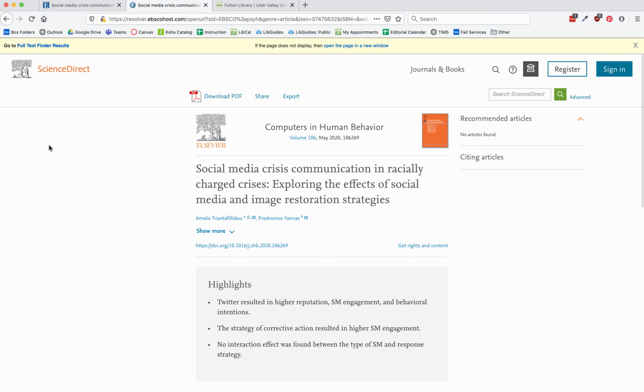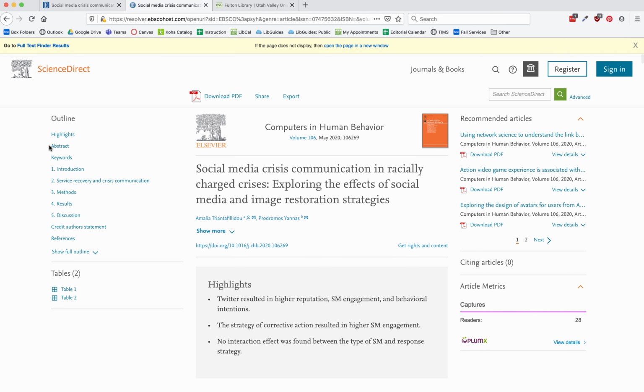and it's going to try to find the article in one of our other library databases. In this case, it just redirected us to the library database called Science Direct, and there's a PDF right here that allows you to download a PDF so you can read this article. Unfortunately, you'll find we don't always have the full text of articles you might want to read because they aren't included in our library subscriptions.